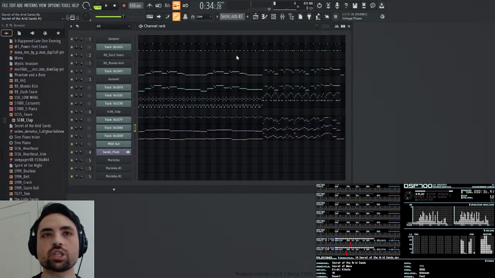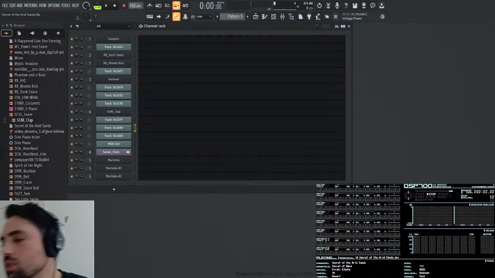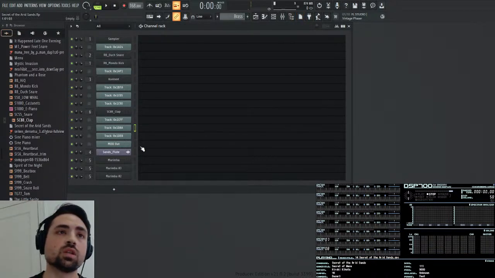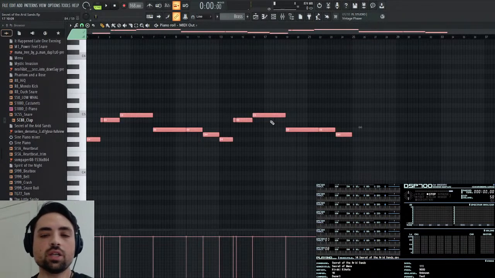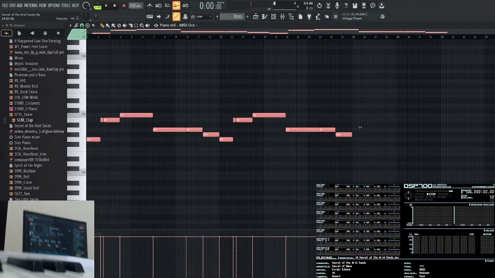Ah, we have a crash. And then we have harmonica patches. Lovely. So with that copied, now I just go and find first empty and call this brass. And I'm going to send this to my MIDI out.